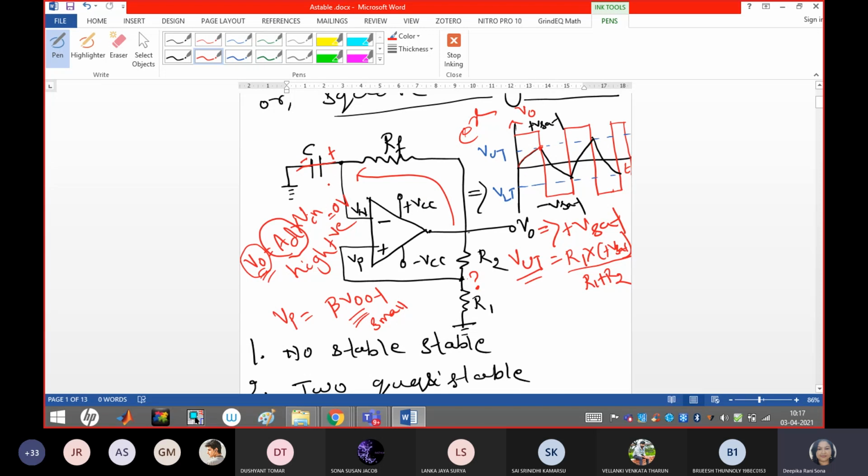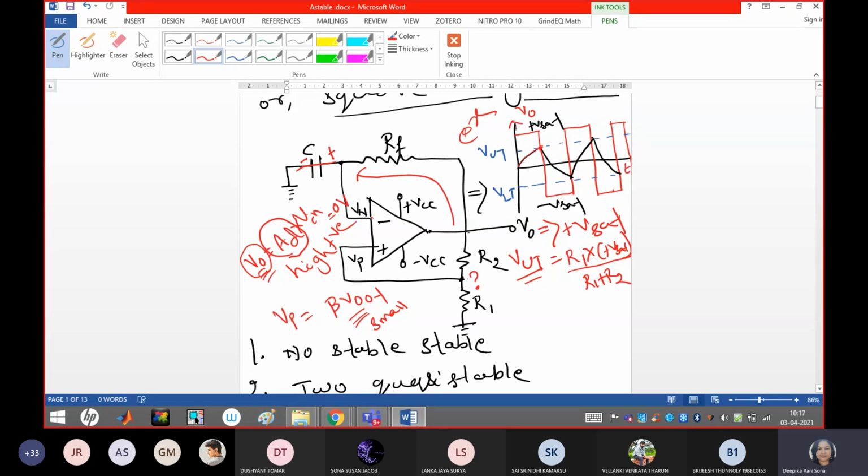Initially the voltage across the capacitor was null, or if you see at the end of the explanation, the initial voltage, if we define it, is nothing but the lower threshold voltage only. Okay, that point I'll come to later, but for now just remember, because of the positive saturation voltage, the capacitor starts charging and it charges up to the upper threshold voltage point because of the plus Vset.